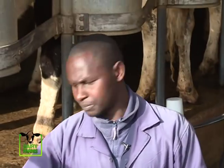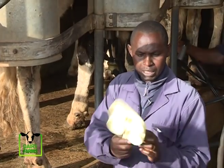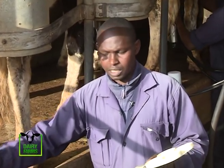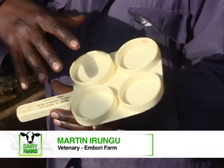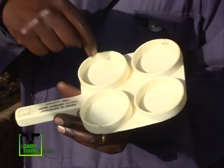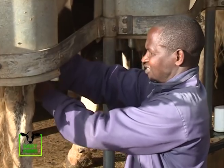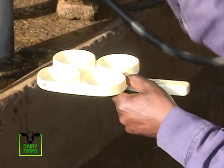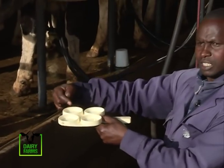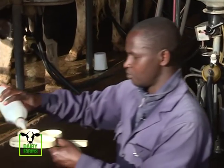Alafu kuna njia nyingine unaweza tumia the accurate one the CMT. Hii inaitwa CMT. Hii inaitwa pado. Na kuna the reagent, reagent ziko kwa market, ni mingi sana kwa market. Alafu sasa imeandikwa, iko indicated A, B, C, D. Kulingana na matiti venye iko na matiti ni 4. Kwa hivyo kila matiti unakamulia kwa pahali yake. Hivyo sasa nitajua, sababu pado yangu nilikuwa nimeiweka namna hii, matiti ya mbele pande hii ndio hii, ya pande ile ndio hii, ya pande ile ya nyuma ndio hii, na pande hii nyuma ndio hii. Kwa hivyo nikiweka reagent yangu hivi,